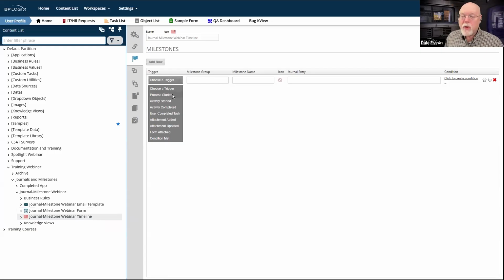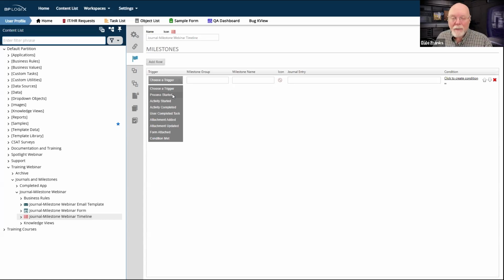But the process has been started. So if we kick off a process, so let's say that I have a process, and depending on what happens in that process, I want to kick off a sub-process that sends whatever it is that I'm doing off to the legal department for a review. Now, not every process is going to need to be reviewed by legal. And so perhaps most don't need to be.